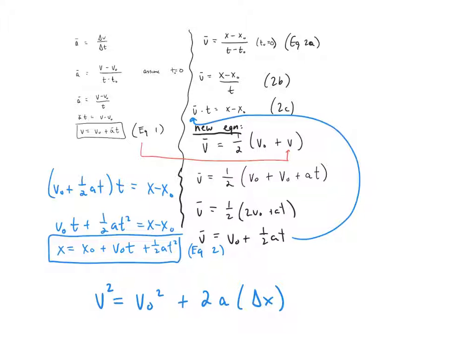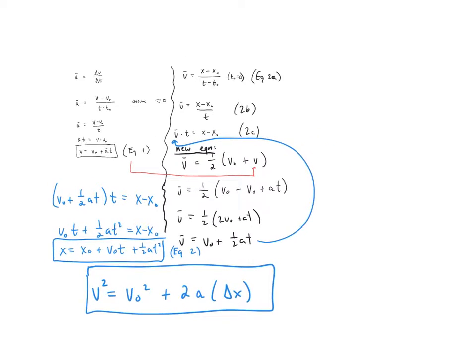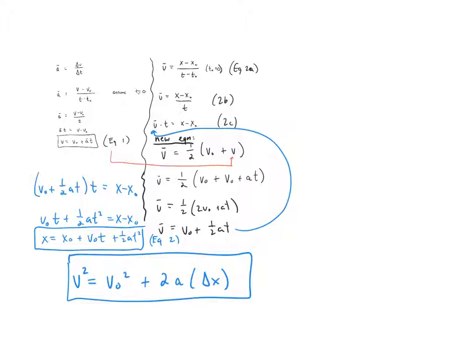Now your book has two other equations that they do derive outside of these big three. Let me box that. Outside of these big three. But I don't see the use of them, so I don't know if it's worth going into them just yet. I'll write them down real quick, okay? I'm going to write them down, but I haven't found them to be useful. At least I don't remember even using them when I was taking the AP exam. So the other two equations are as follows. Okay, this is one of them. And the other is